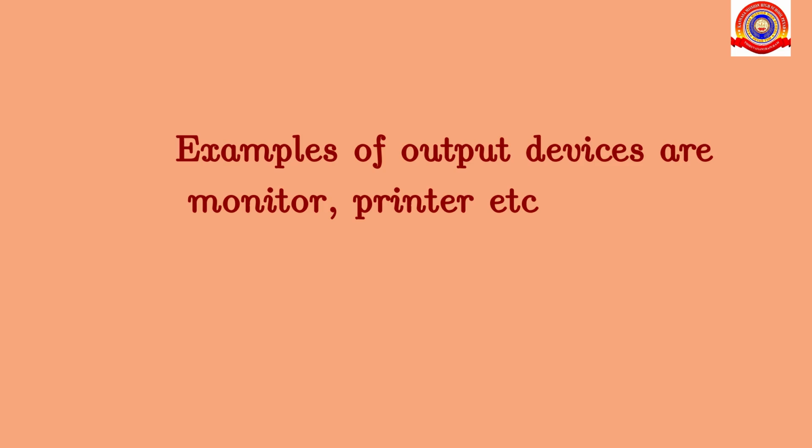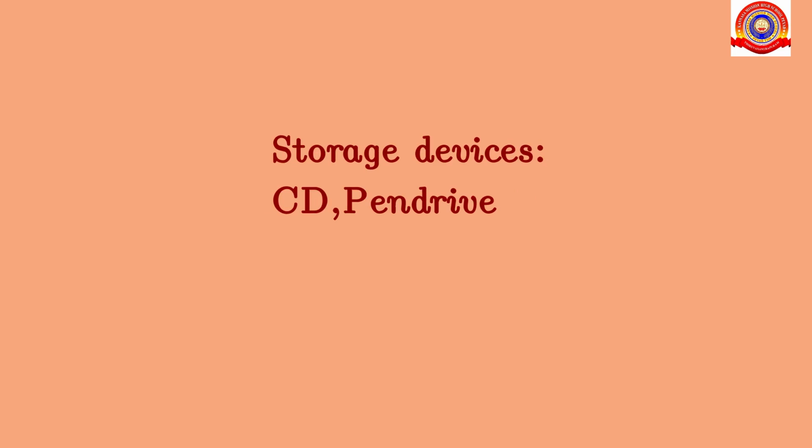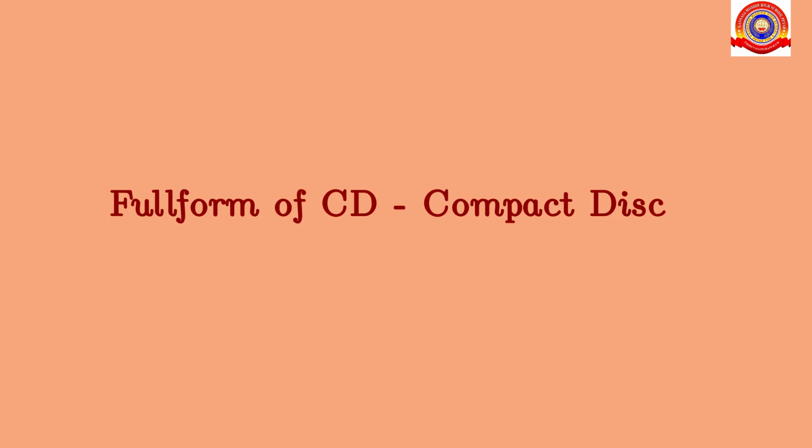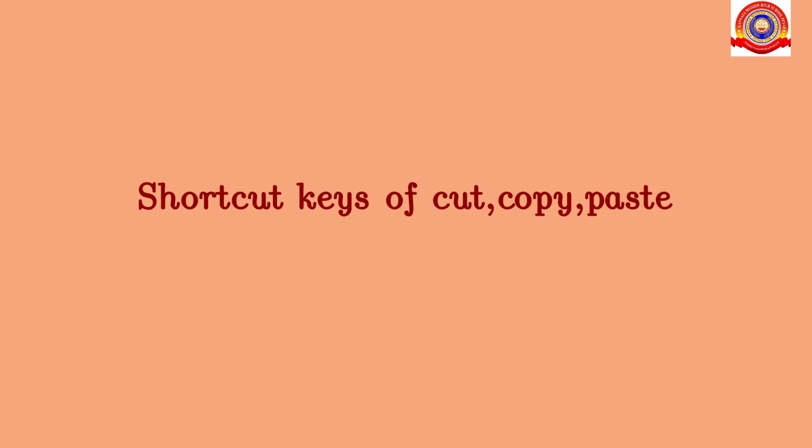Printer is an example of output device. By using the printer, we can print the output on paper. Now, note that the file that we have saved itself is an output. It can be stored in devices like CD, that is compact disc, or pen drive, or it can be sent as an email to another person. Okay, we will move to the next topic.